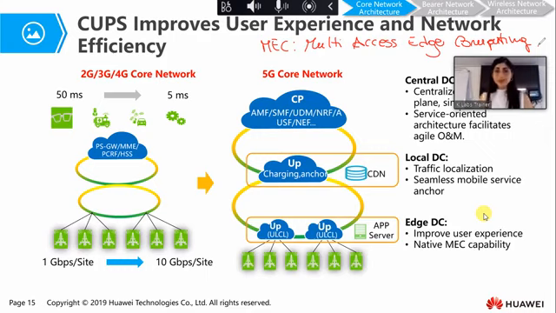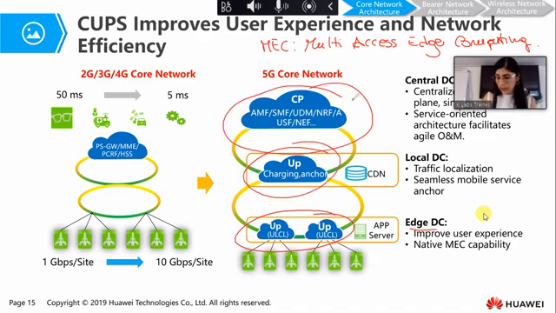So basically, depending on the service that we have to provide, we can have a centralized data center, a local data center, and an edge data center. If we need very low latency, we will have our user plane at the edge of our access network, or we can have the user plane at the application layer. But the control plane can remain in a centralized data center.